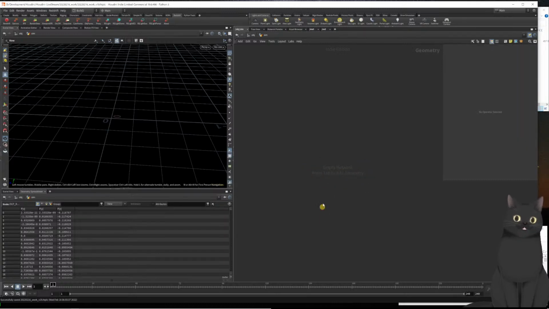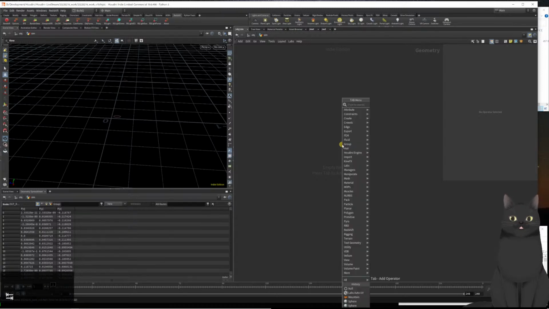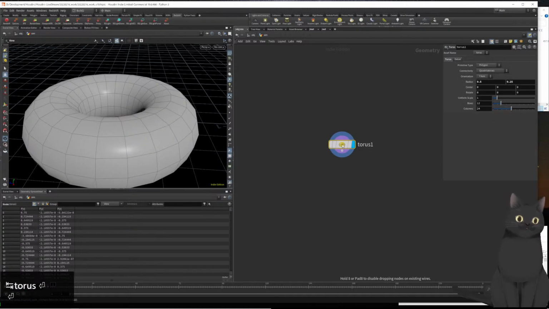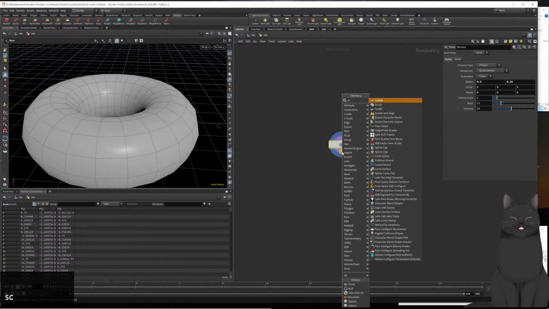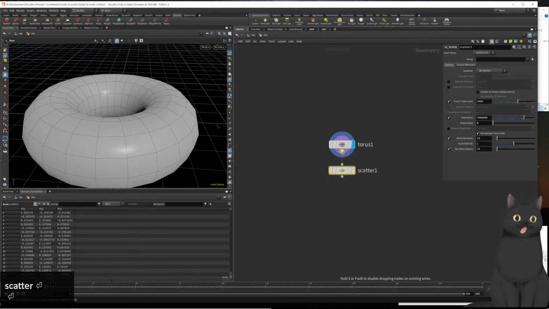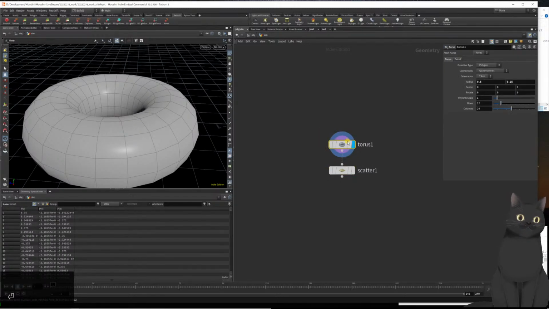So for your convenience and for my convenience and to please my OCD, everything is in these boxes, so it's easier to understand what's where. But basically we start with our shape, and to recreate the track and field work, we obviously want a torus. You can create any shape, you can even get a human figure with a